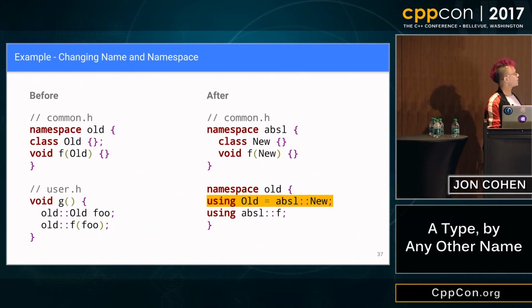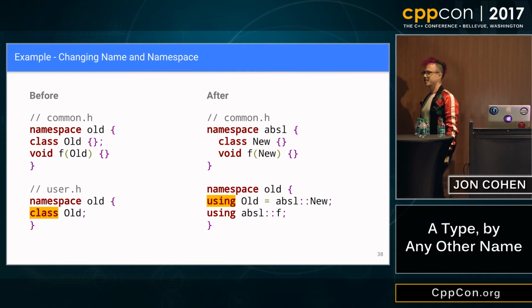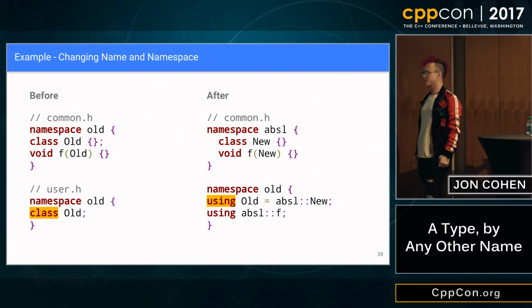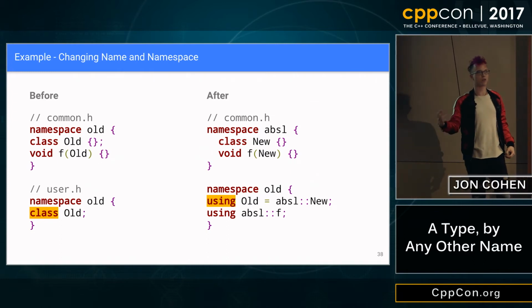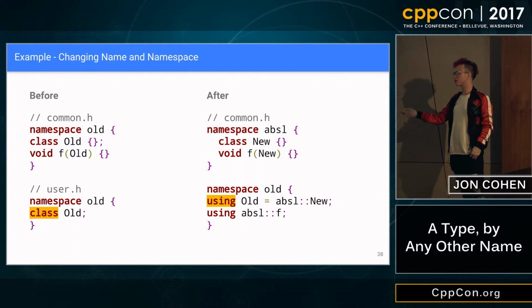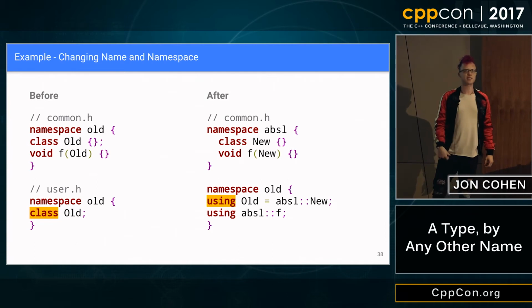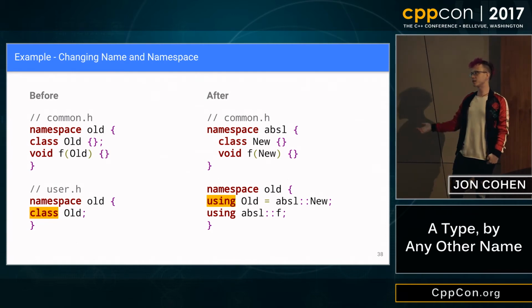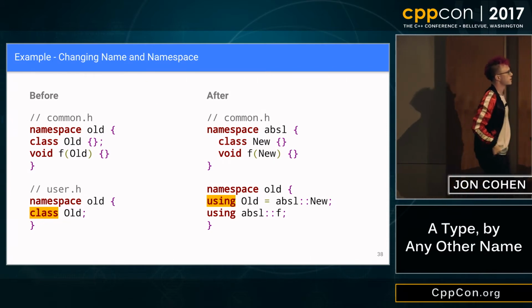But what if a user did something clever like this? People forward declare types all the time. It's something a lot of people want to do. Maybe they don't want to increase code bloat by including a header because you're only referring to this thing via a reference or a pointer. Maybe you want to decrease your binary size. Maybe this is going to help your linker some way. This is something that people do all the time. But